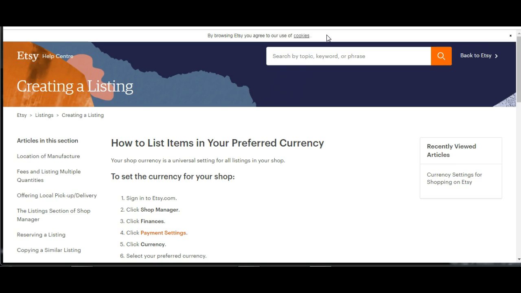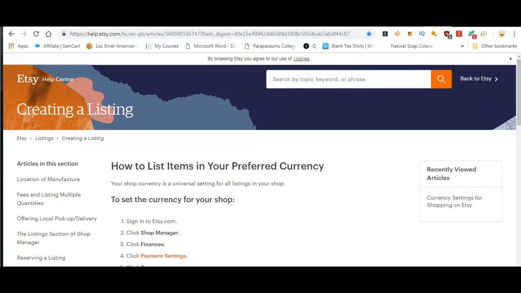So initially I had New Zealand dollars set, and I couldn't for the life of me figure out how to change it. Because you want US dollars, so what you do is, hold on, I'll just move this up. Go to this website, Google this, help.etsy.com, and then